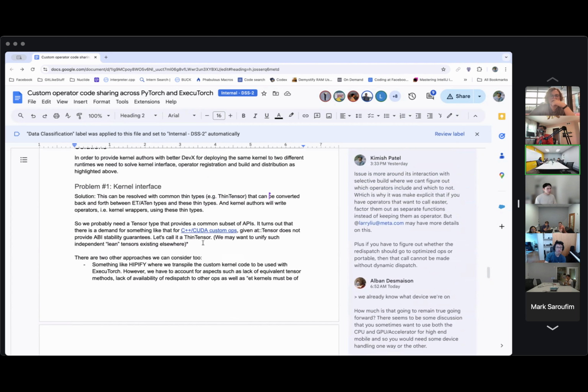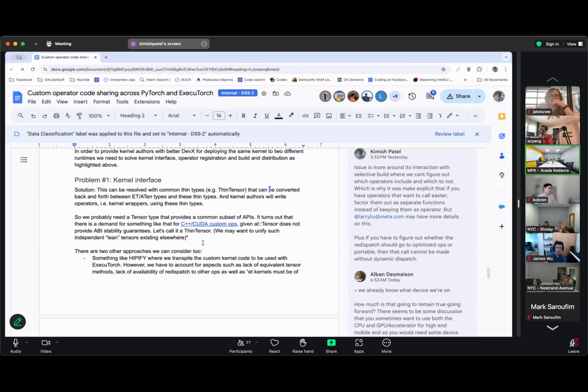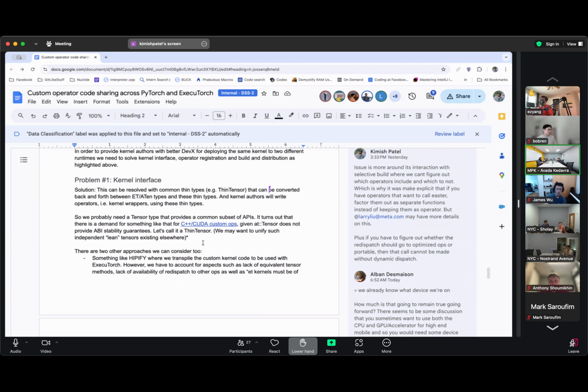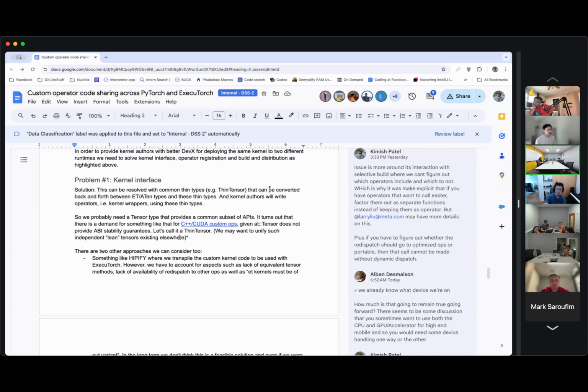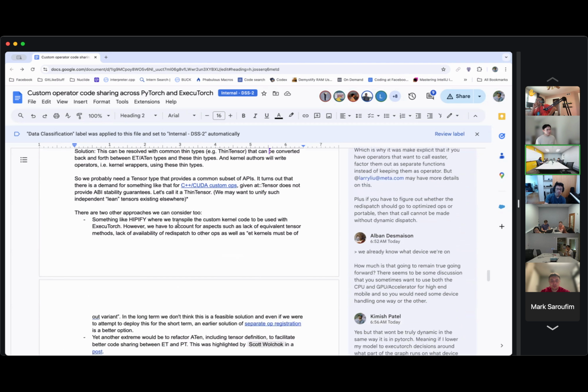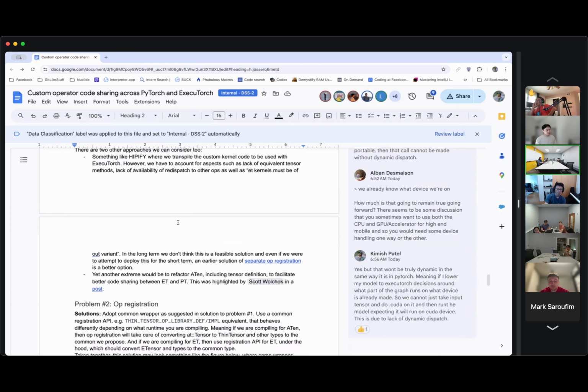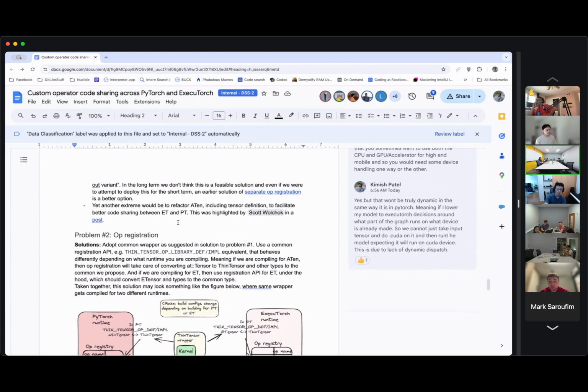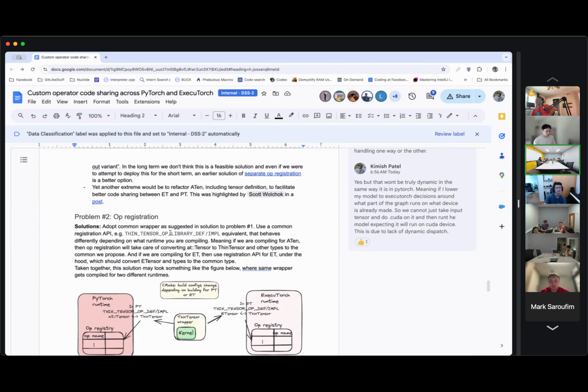One would be to solve the kernel interface issue. We'll build a stable interface to meet the C stable API requirement, maybe a C stable kernel interface with something like thin tensor or lean tensor. For operator registration, we will have an API similar to torch library def and impl, but using this thin tensor definition,